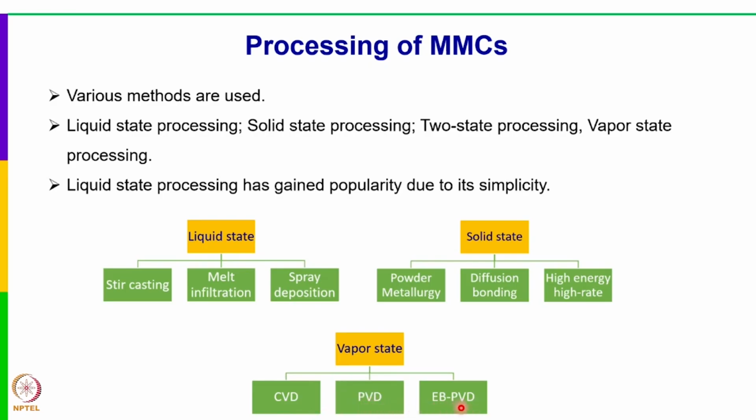So we are going to talk about all this one by one and see the details of these processes, as to what are the raw materials and how it is done to come up with a metal matrix composite. We'll start with the liquid metallurgy route because this is one of the most commonly used, and it is also a simple method and at the same time economical. So we'll start with that and then we'll go into the other techniques also.